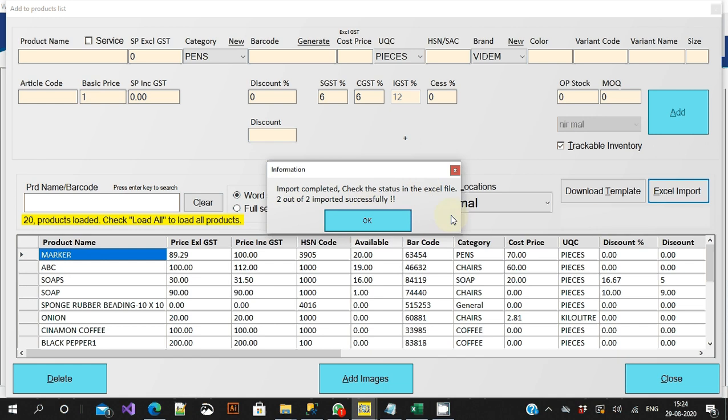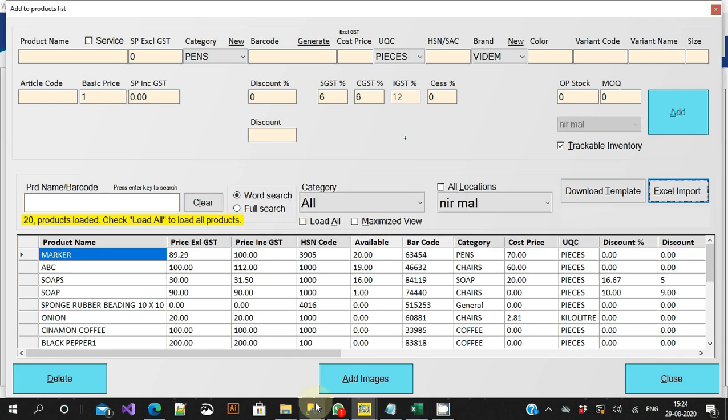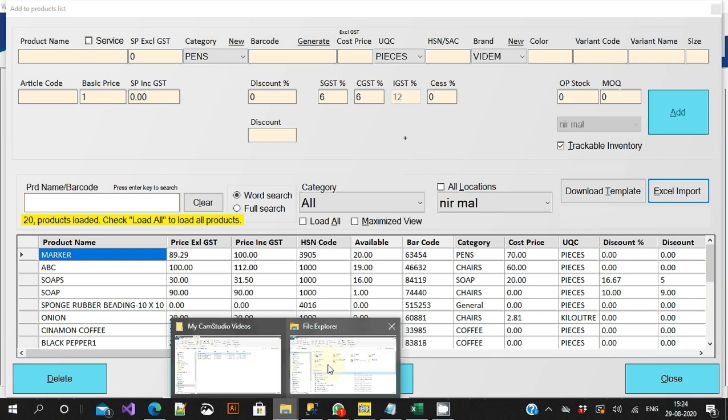It is mandatory for you to make sure that you read this. For our luck, 2 out of 2 imported successfully, but there may be cases like you have 4 out of 14 got imported successfully, which means that the rest of the 10 are not successfully imported for various reasons. Now how do I figure out what is the reason? Okay, so you open up that particular file again after import.